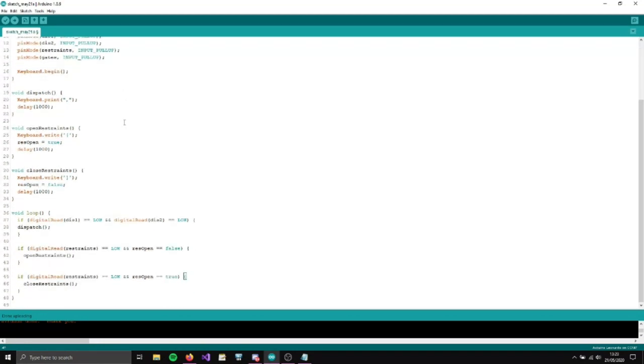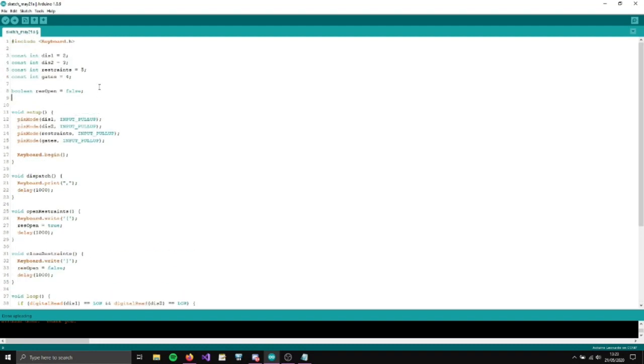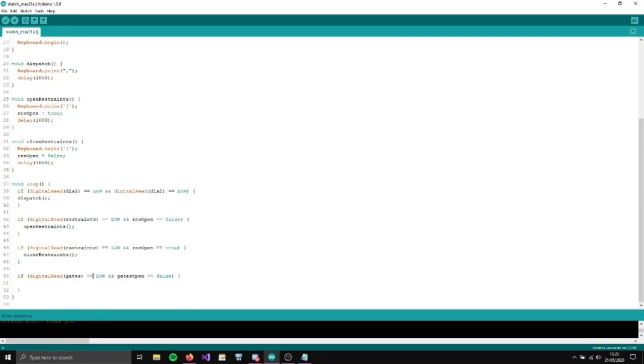So now we can do if digital read gates is equal to low, so when it's on, and what we want is if gates open is equal to false. So I've got to create this gates open variable. I'm just going to do that now. Let's do boolean, and we want to say that's equal to false. Why not? Okay, so if gates open is equal to false,